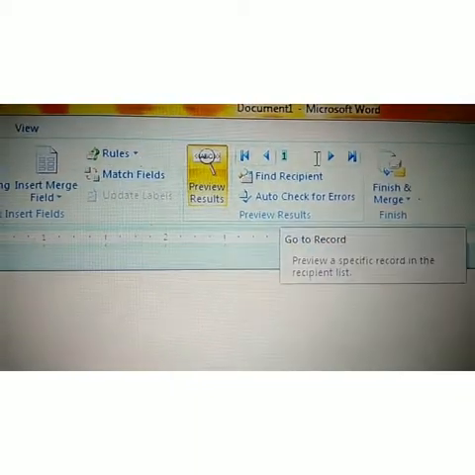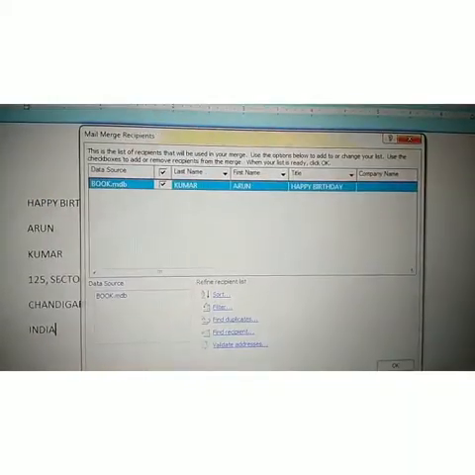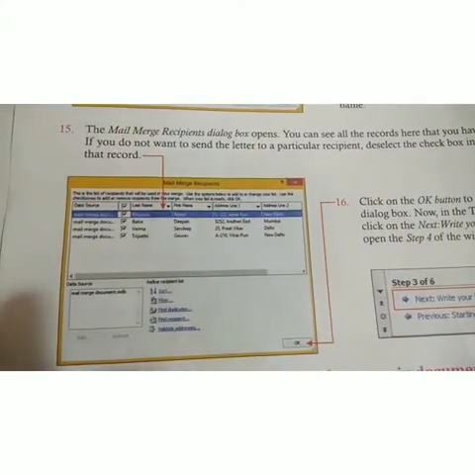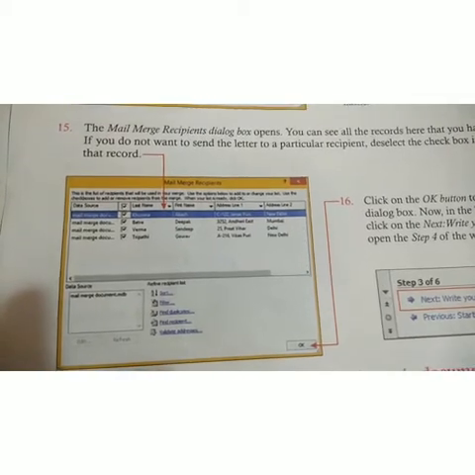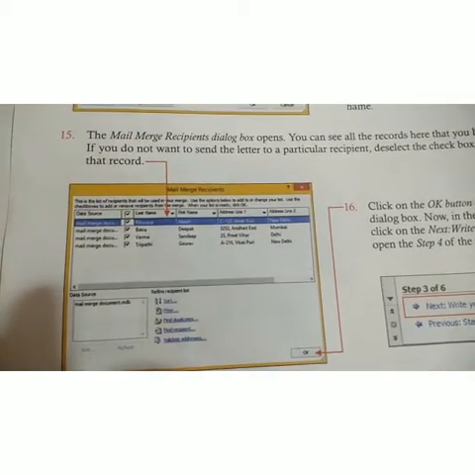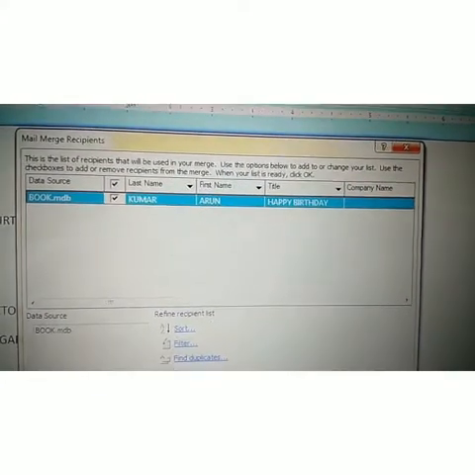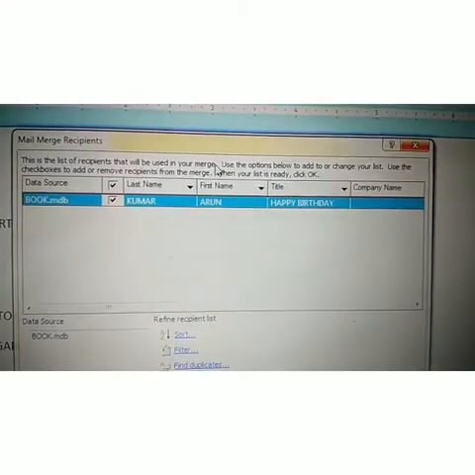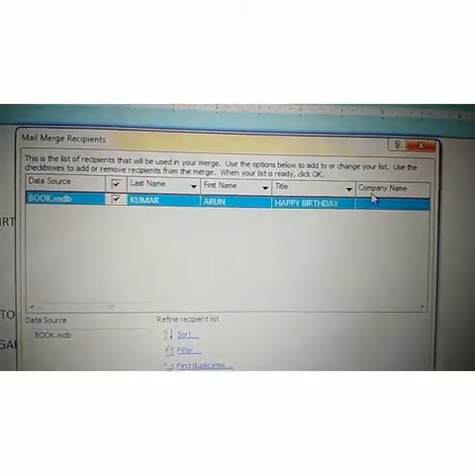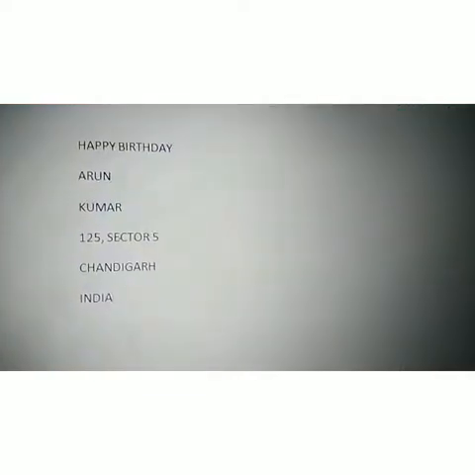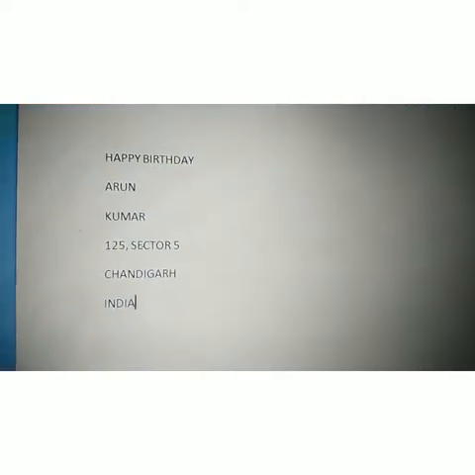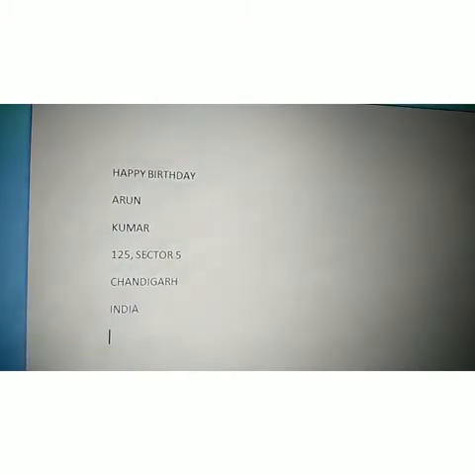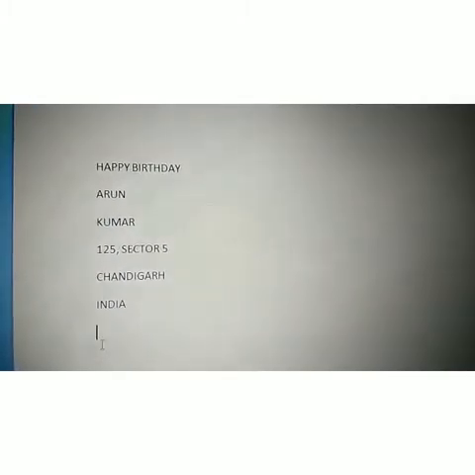Okay, then after that we can see the mail merge recipients. And today we are going to discuss a practical related to mail merge recipients. Maintain the data properly. Then students, you can see this is the mail merge recipients, which means this list of recipients will be used in your merge. Then next, you can write in this line after the body part. You can write a letter in this body part, maintaining it properly.